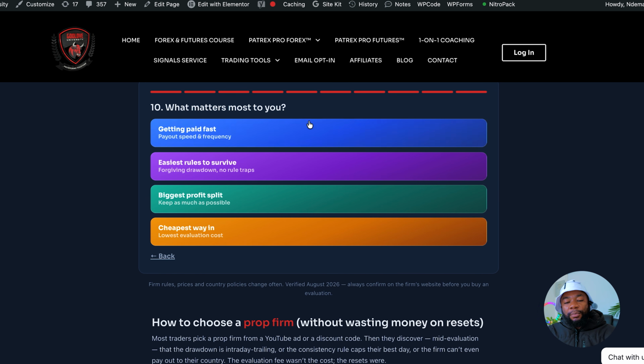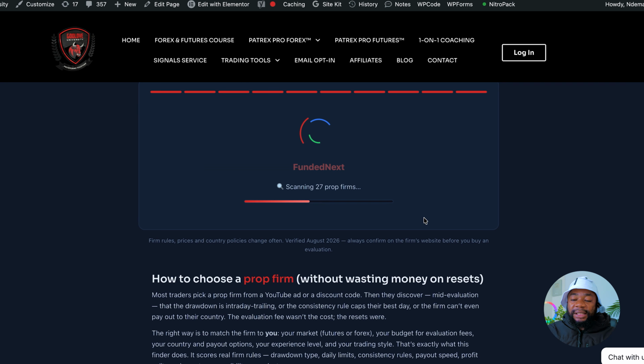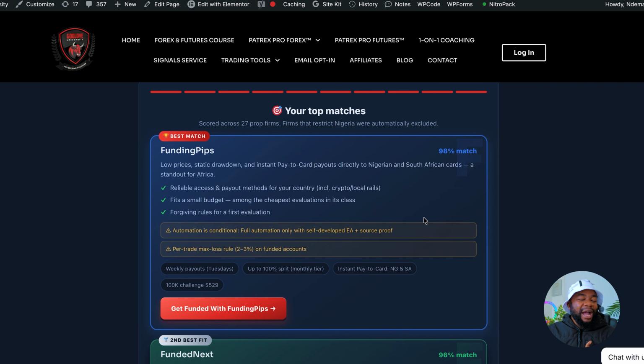And what matters most to you? Is it getting paid fast? Is it easier rules to survive? Biggest profit split, cheaper way in. So I'm going to select easiest rules to survive. Survival is the key thing when it comes to trading. So I'm going to select that one, and boom, you can see it shuffling through all the archive of prop firms